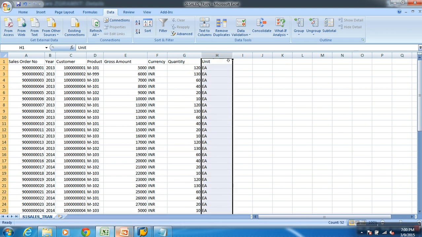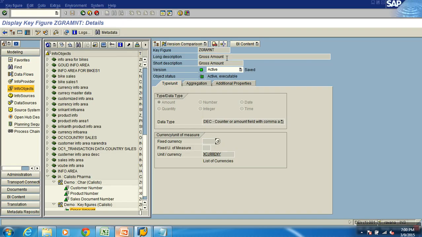Now what type of info bit is this, which is holding each piece, bag, liter, kg, etc.? So what kind of column is this? For this column, what kind of info bit was it? Unit characteristic info bit, right? Because whenever you want to hold currencies or units of measure, it's all unit characteristics. Now can I create a unit characteristic?